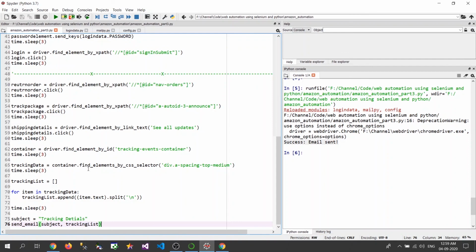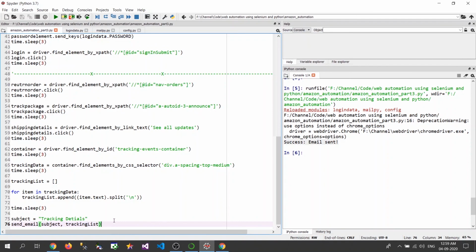Now for those who are still watching this video and haven't checked out the stock video using Python, here is one simple tip that I would like to give you. If you want to use this code and try out the Amazon automation part 3 by yourself, you need to allow less secure apps in your Gmail to make this SMTP code work, or else it will give you an error and Google will not allow you.